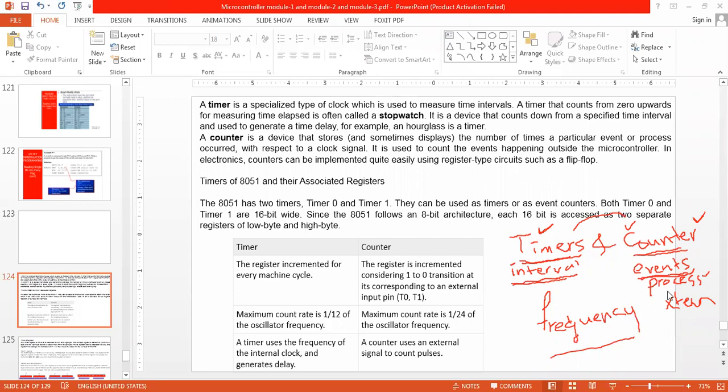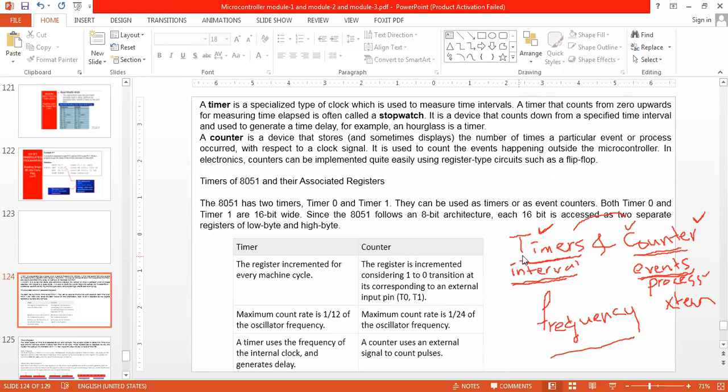You have worked with counters in the third semester, correct? Whenever we apply a clock pulse, only then is it incremented by +1, again and again continuously, only when we give the clock cycle. That is the counter we have worked with.